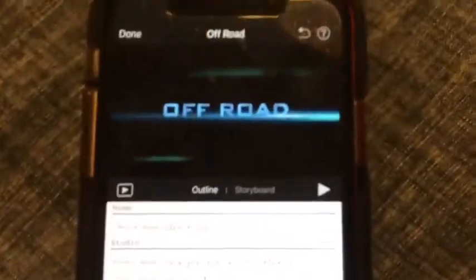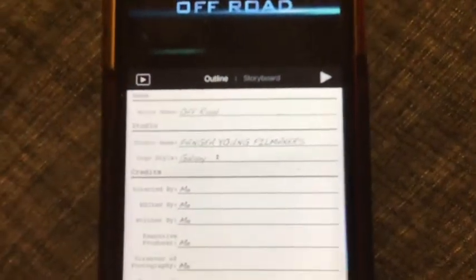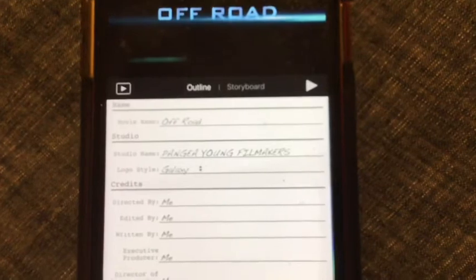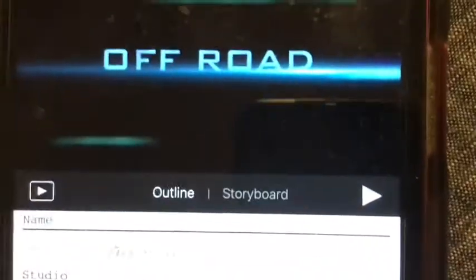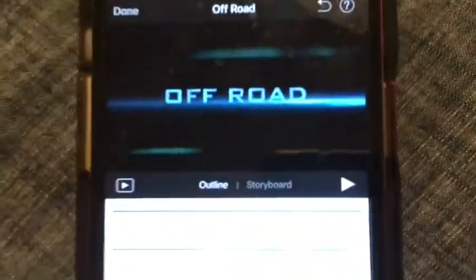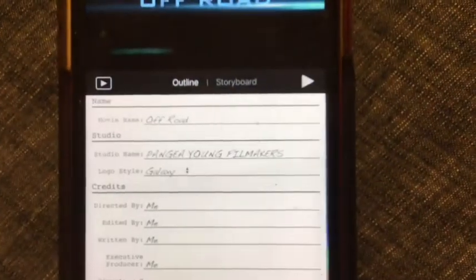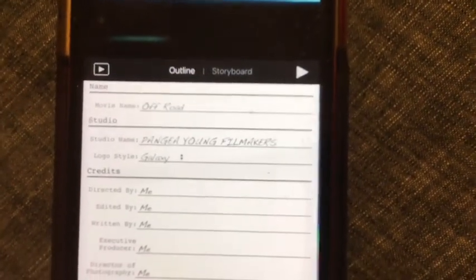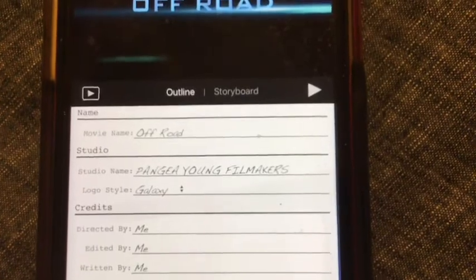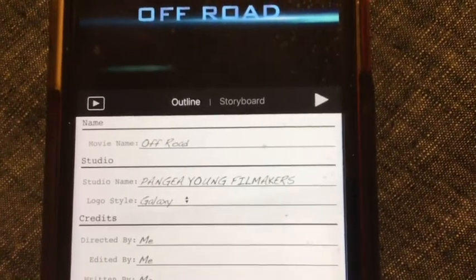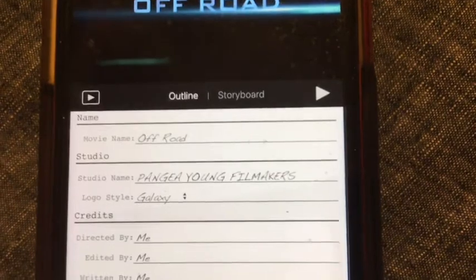Now, boom, up pops this screen. Now, this is where it gets interesting, because I don't think I've ever shown anyone what goes on back here. So this first screen is called the outline. It's your outline. So it's basically asking you, what's the name of your movie? What's the studio name? Who's it directed by? Look at, I just put me. Pangea Young Filmmakers is my studio name. So when you put in your studio name, which is the name of your company, that's going to pop up